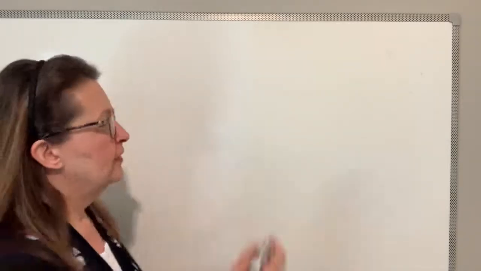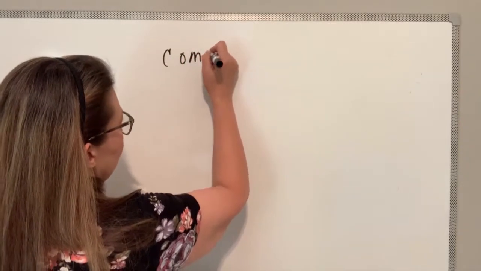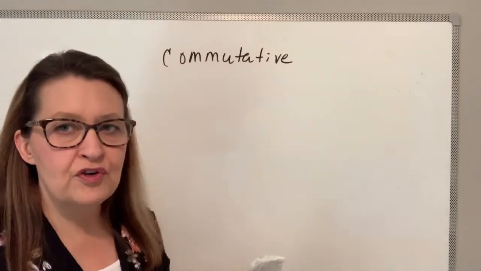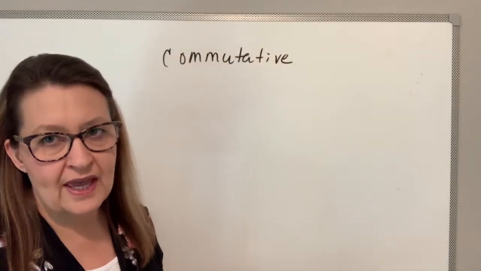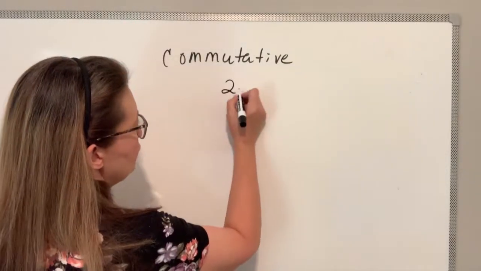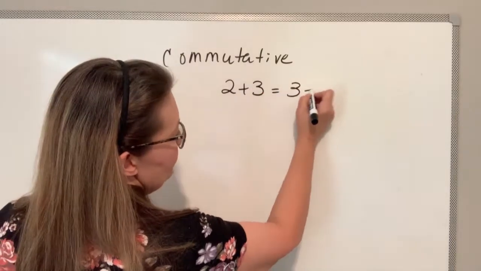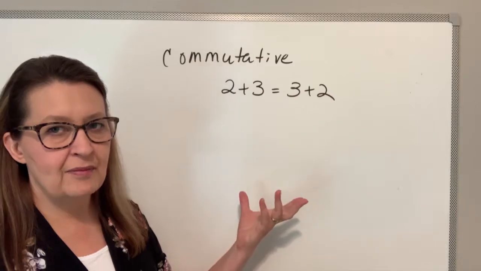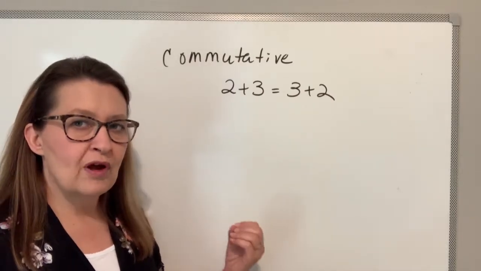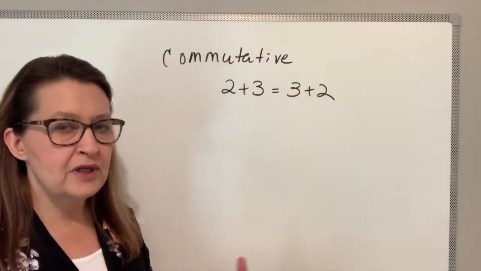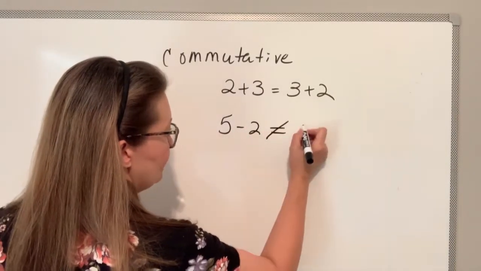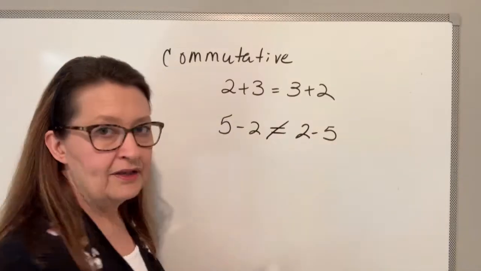The great thing about addition is that it's commutative. What does commutative mean? That means you can move numbers around and still get the same answer. Like 2 plus 3 is the same thing as 3 plus 2. I can commute those numbers and still get the same answer. Subtraction, we're not as fortunate. Subtraction is not commutative. If I say 5 minus 2, that is not the same thing as 2 minus 5,